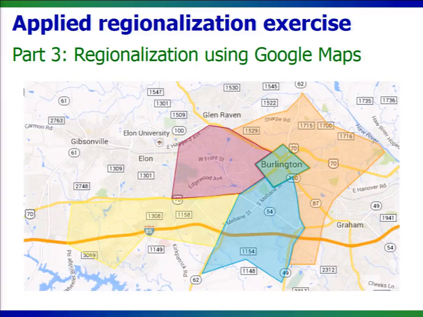Here's one example of what one of the groups came up with. Their final output, I just had them do polygons in Google Maps, something they could do quite intuitively to figure out this data. And then they made a presentation for what criteria they used and how the regionalization concepts worked.